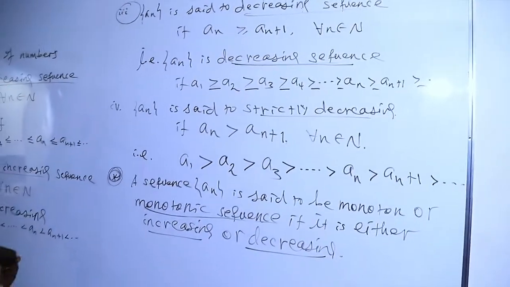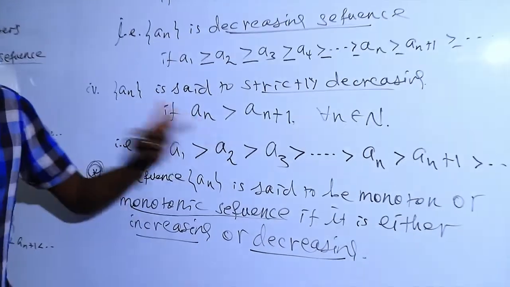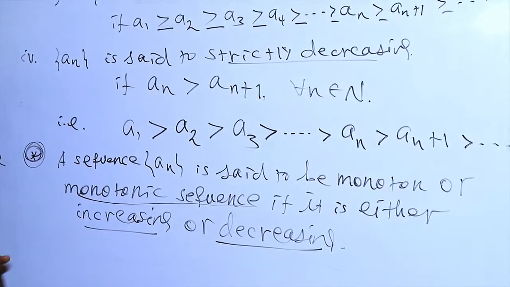As the n values become larger and larger, the sequence functional value is either increasing